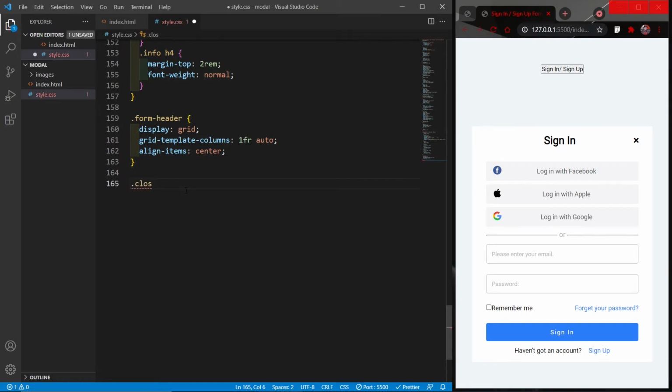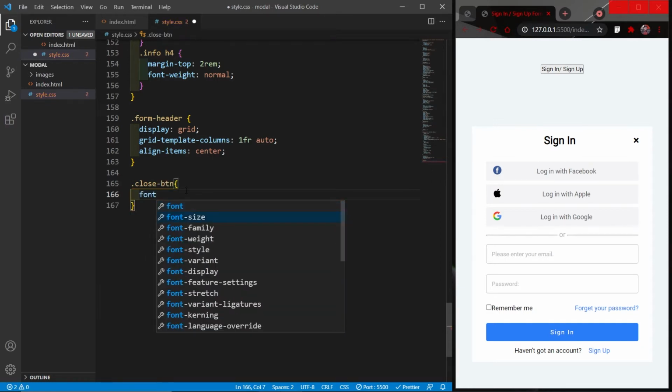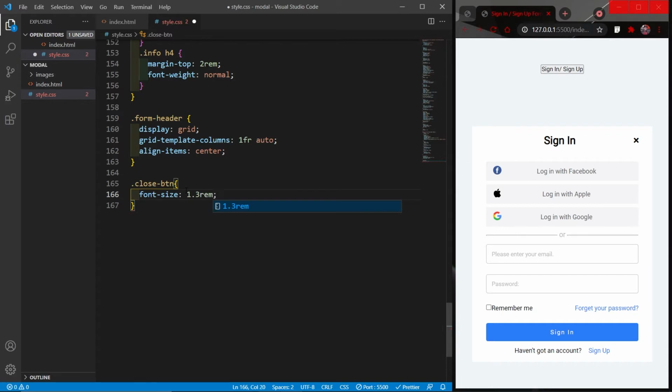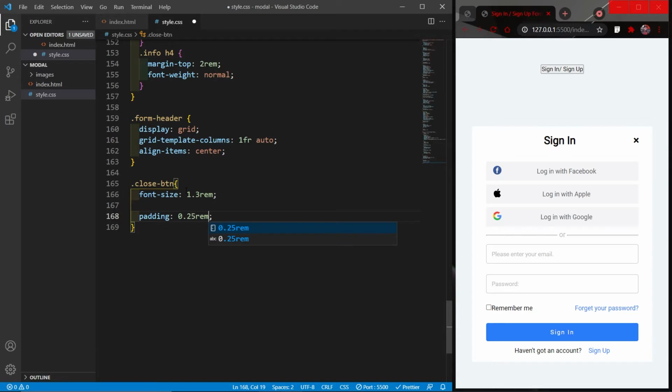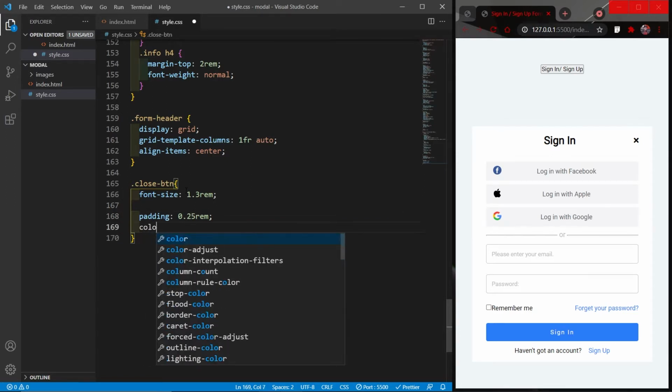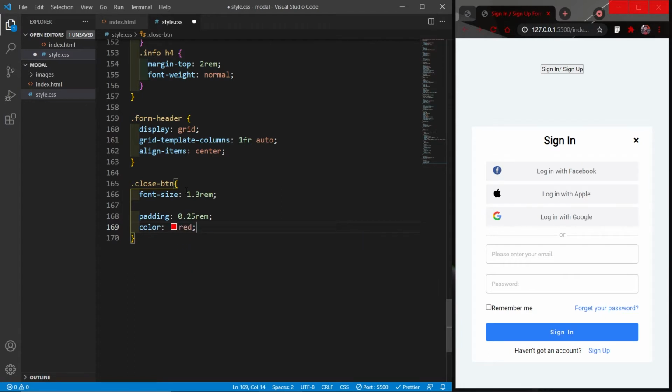Then I will select the close-btn, increase the font size a bit, give it a padding of 0.25rem. Color will be red, and the last thing will be cursor pointer. So our button is ready.